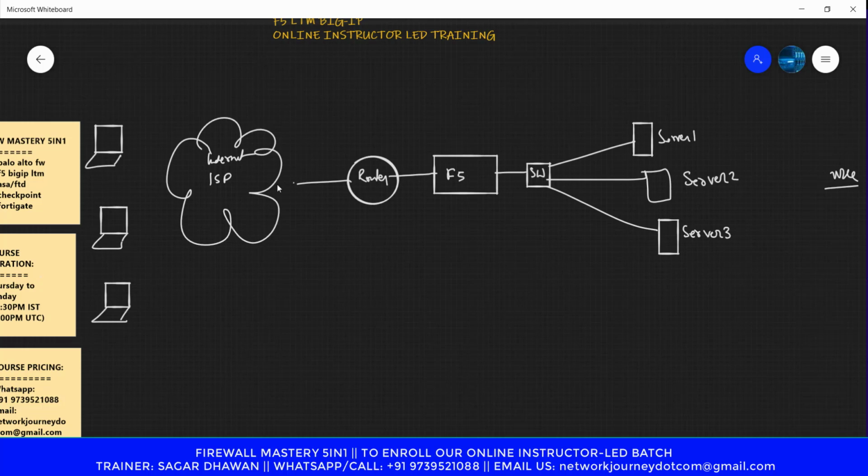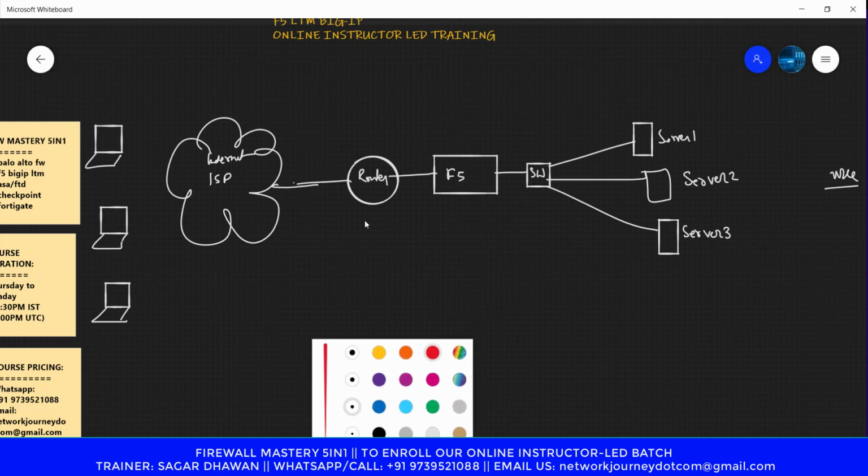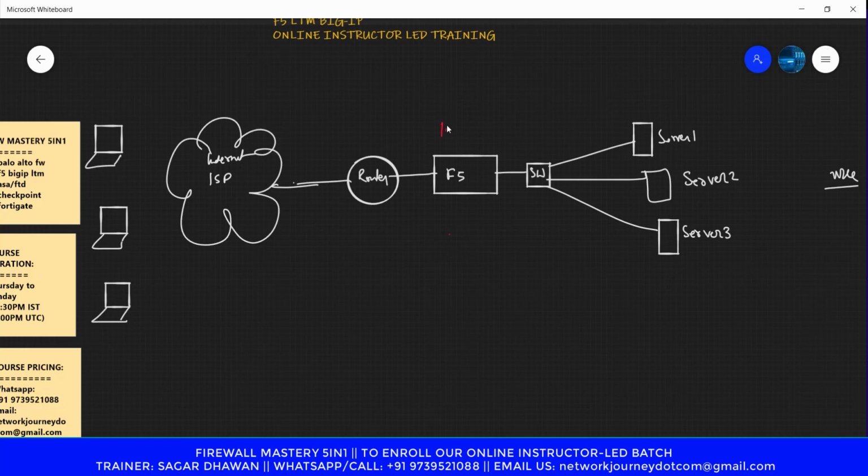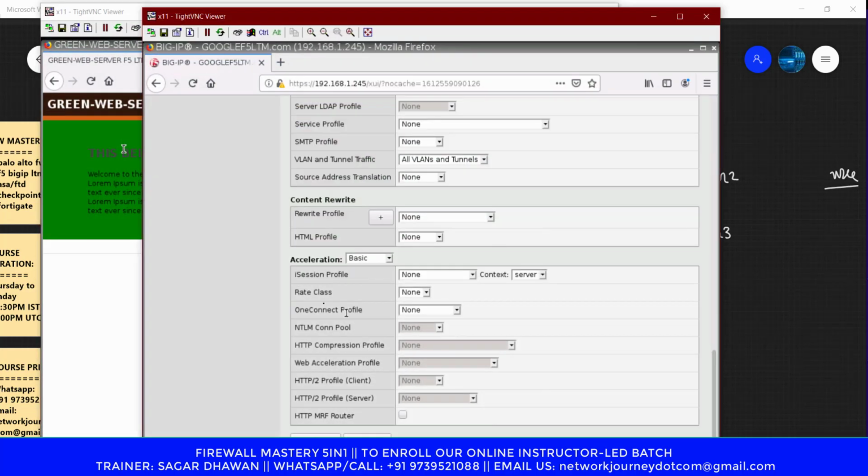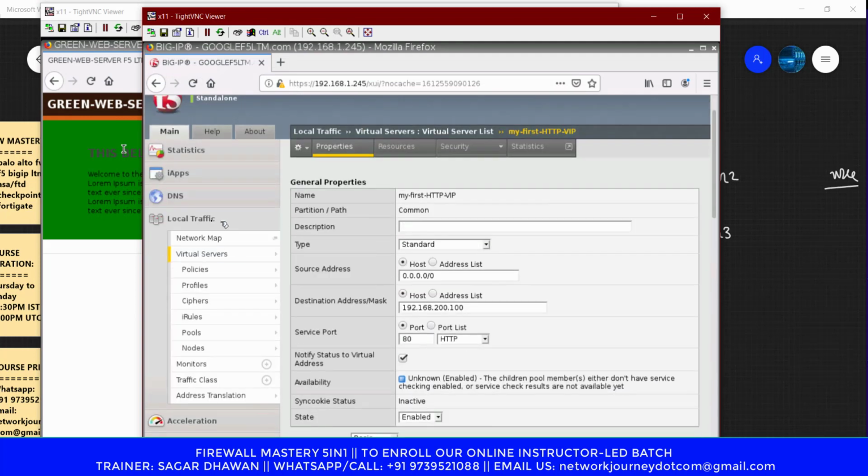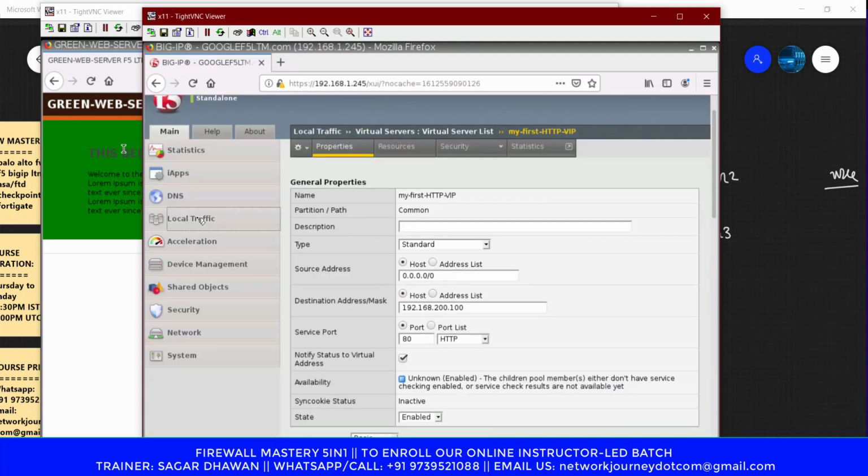So how are these URLs constructed? We should remember these are called VIP, virtual IP. So how do we create this VIP here? If you open up the management of F5, we can go to the LTM section, the local traffic section.